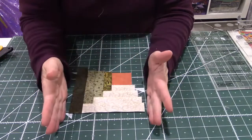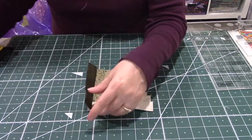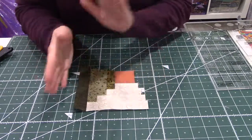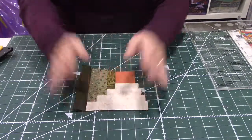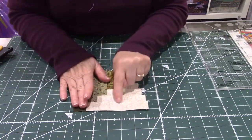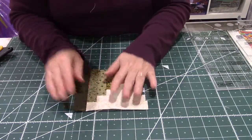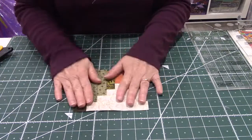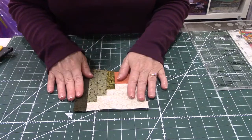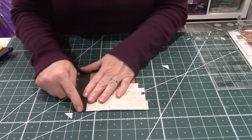So a white log here, slightly bigger. Again, I forgot to trim that off. I keep forgetting to do that. Like I said, it's not the end of the world if you don't. I just don't like the excess fabric behind my fabric, especially if I'm working with this. If I had it on this side and it shows through. Here on the darker side, it's not so bad. You can leave a light fabric on. So now this has been trimmed up, and we're going to have a white log here, slightly bigger, and then